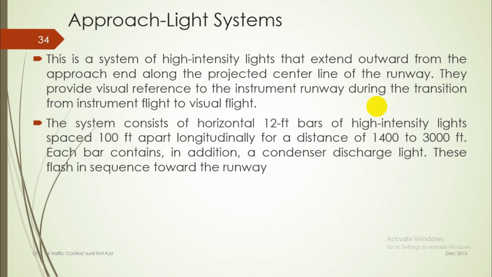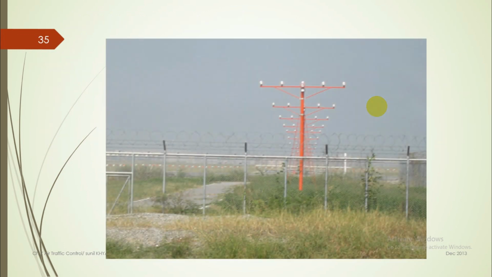The system consists of a horizontal 12 feet bar of high intensity lights spaced 100 feet apart longitudinally for a distance of 1400 to 3000 feet. Each bar contains in addition condenser discharge lights. These flash in sequence toward the center of the runway. This is the approach light